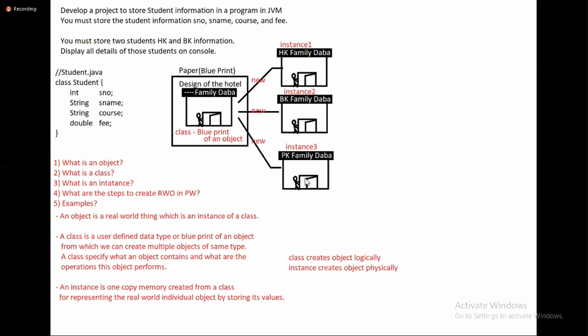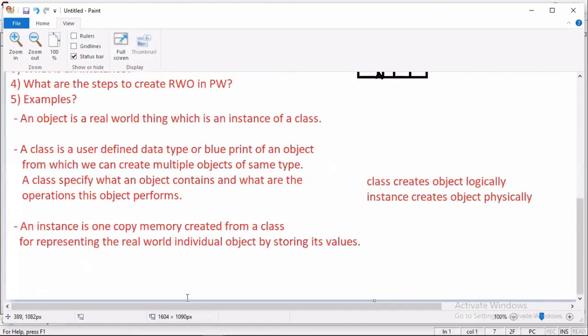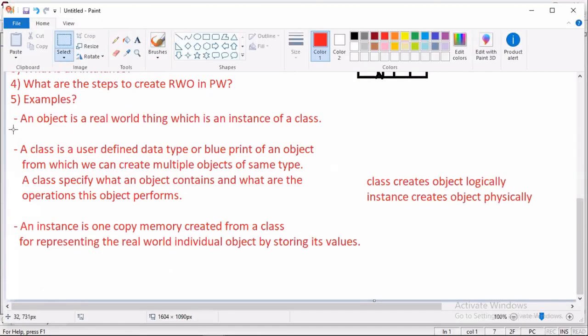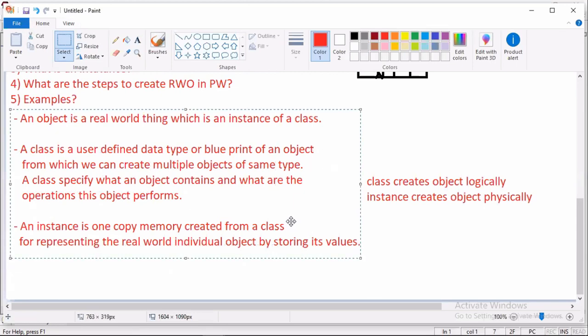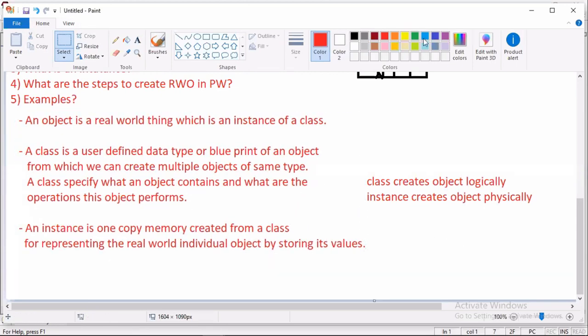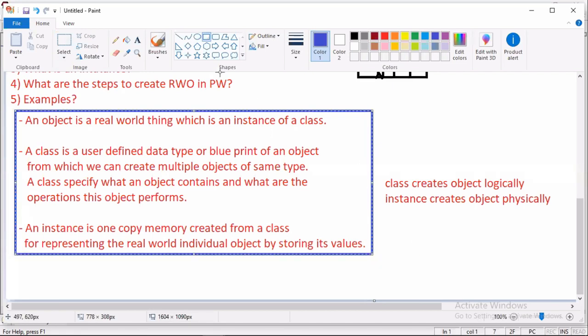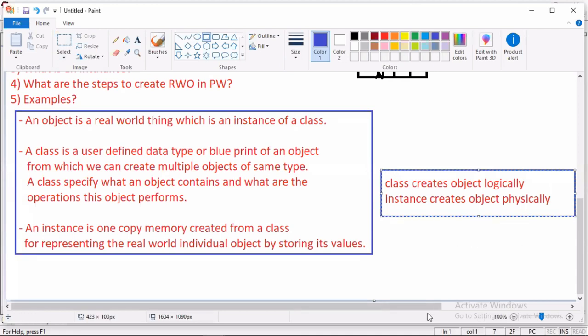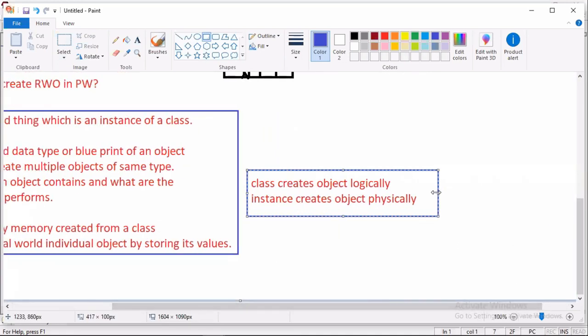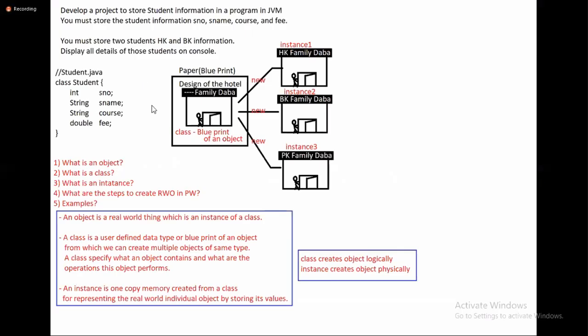So this is the idea you have to get into your mind. If you just match this theory with real world scenarios, then it will be very, very easy for you to understand object oriented programming. Whether you realize it or not, I have completed object oriented programming 25%. Understanding the definitions, what is object, what is class, what is instance, is nothing but 25% of object oriented programming completed. Can I hope all you people are comfortable?